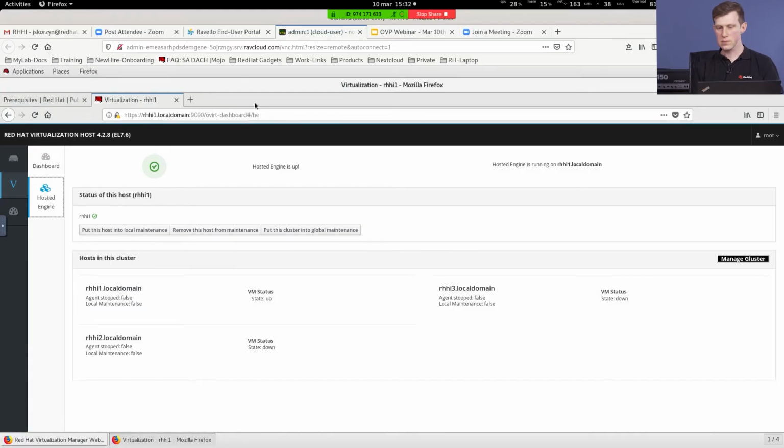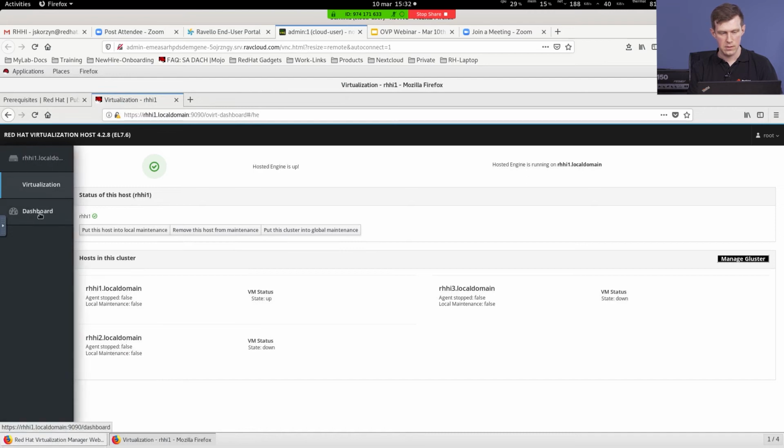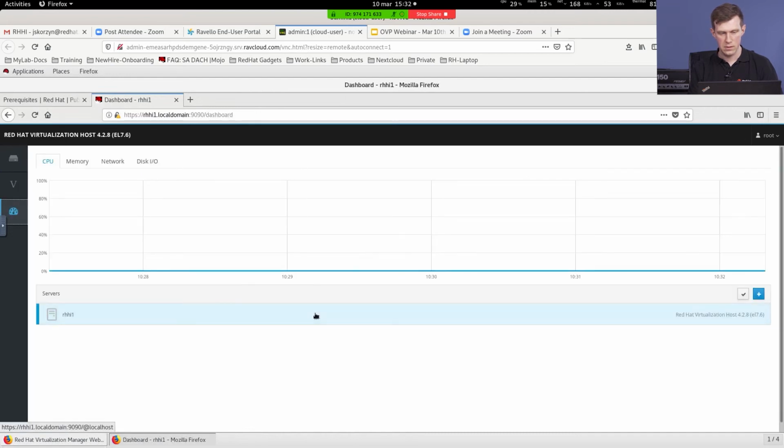So I can imagine that from the Cockpit you can extend your existing Red Hat hyperconverged infrastructure, monitor it, and install it. You do the initial step from the Cockpit when there is a need for installation. Okay, this is the default.